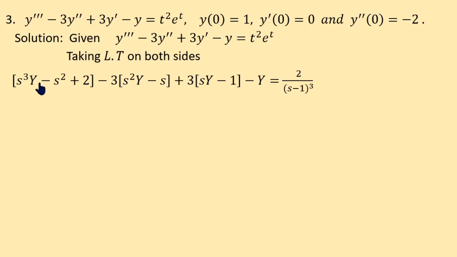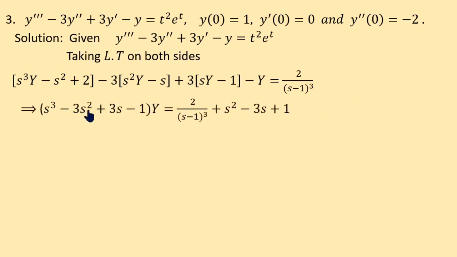Now s cube Y minus 3s square Y plus 3sY minus Y equals 2 by (s minus 1) whole cube plus s square. Here it becomes plus 3s; you take it to the right side, it is minus 3s. Then 2 minus 3 is minus 1, take it to the right side, plus 1. Therefore, (s cube minus 3s square plus 3s minus 1) into capital Y is 2 by (s minus 1) whole cube